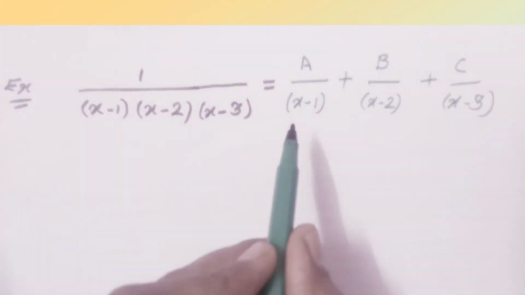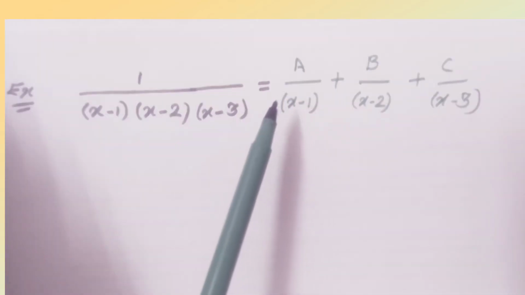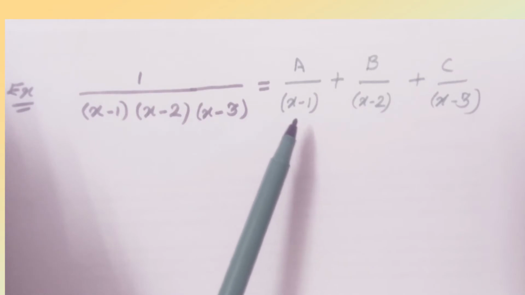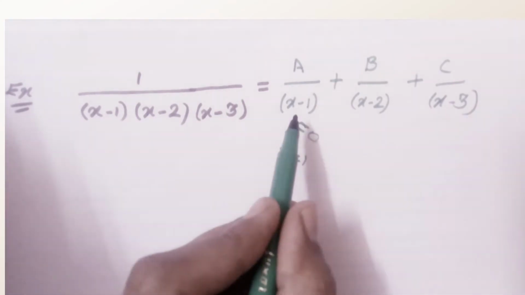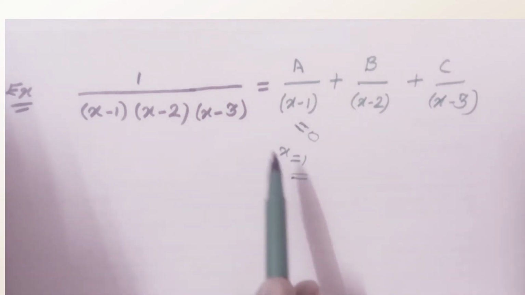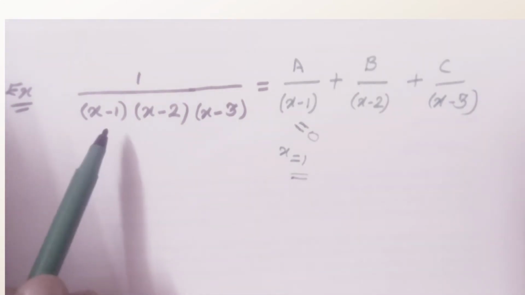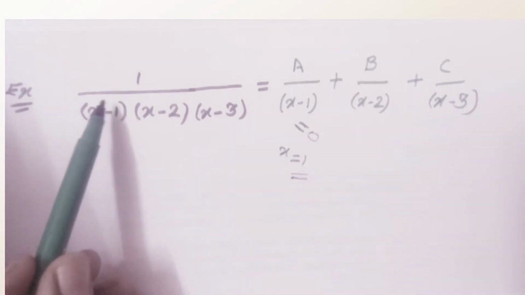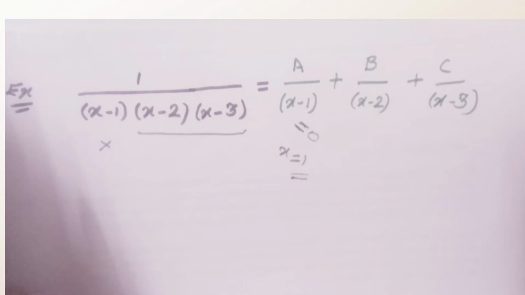See, here we want to first find the value of a, then we have to check the denominator. Here the denominator of a is x minus 1. We have to focus on the denominator and find out the value of x when it is 0. That means we have to take this denominator equals to 0. If x equals to 1, we get denominator equals to 0. So we have to put this value x equals to 1 in the left hand side except this bracket, because we know at x equals to 1 this bracket is 0, that means we get infinity. So we have to put x equals to 1 in the complete term except this one.